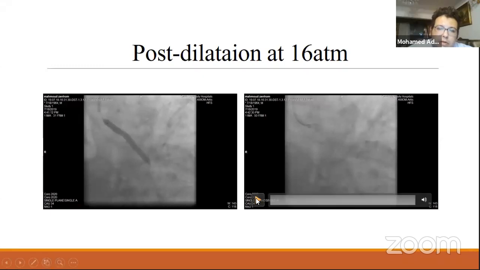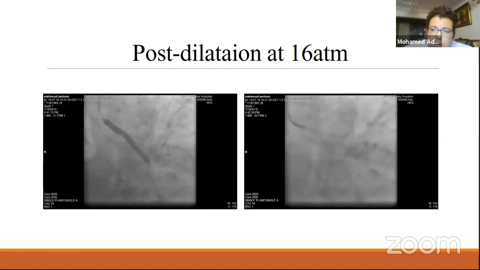Here's after deployment and proper post dilatation of the stent. I make sure that there is no edge dissection and my stent is well opposed and no other complication. So I did my first wire exchange, the wire in the LAD